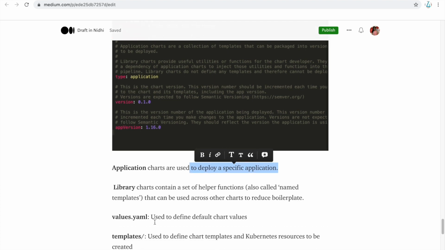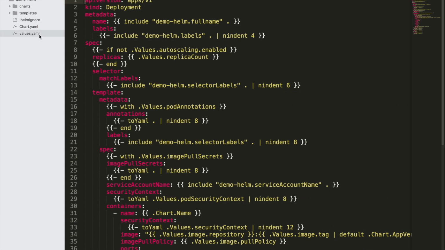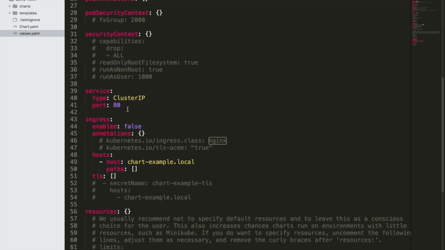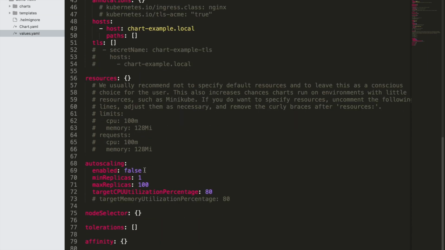Now the second is the values.yaml file. What you will find in this is basically the definition of the chart values. So let me open this values.yaml file. This is the file where you have all the information of your application. Like in this example, whenever you use helm create, by default it will run the Nginx service. So here you can see that it is using the Nginx service. It has all the details. Whatever you want, it is creating this ClusterIP, and you can customize it also. But this is the default values.yaml file that it has created.